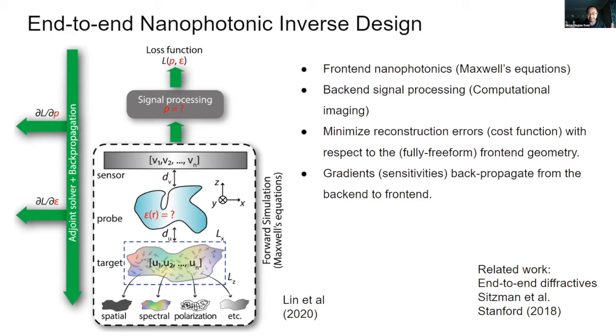And here the front end can be a fully free-form geometry, like a topology optimization. One thing that we really want to emphasize is that we are going to backpropagate the gradients from the very end loss function to the very front end, with all the physical parameters that we care about. And I want to mention that this end-to-end strategy has already been demonstrated by